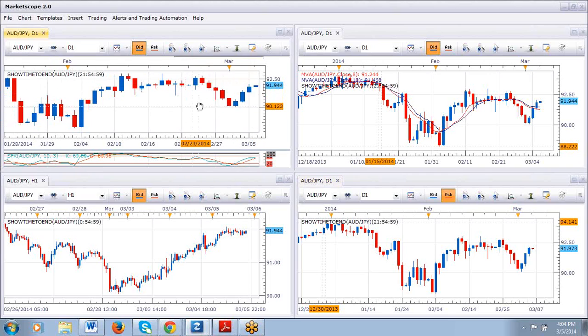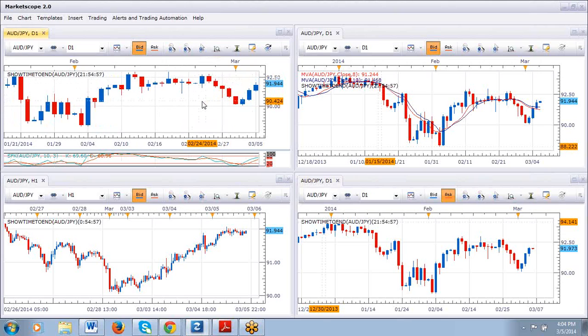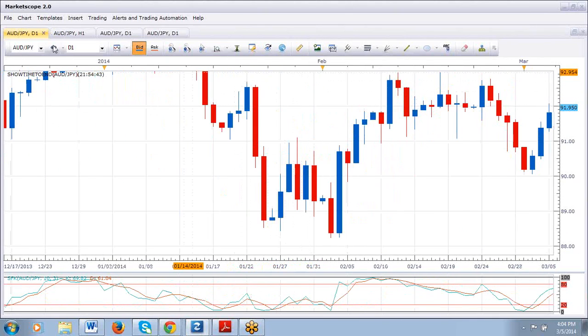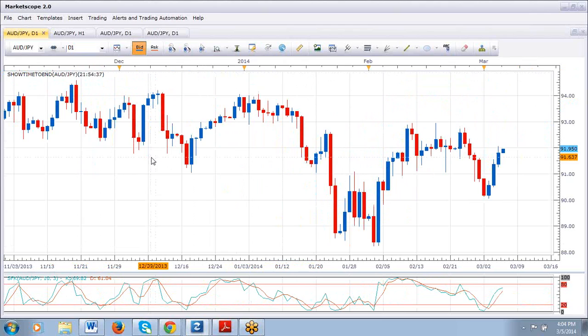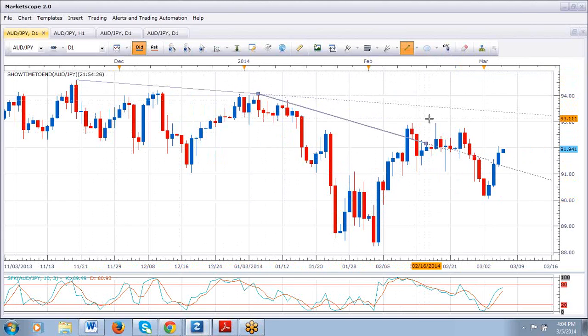All right, looking at the daily chart, I was looking at the previous bar. The bulls are currently in control, and if I'm going to maximize this, actually, no, I don't like to have those. Daily based on the 3 months, and it's basically in a downtrend right at this point in time. And how do we know? We can see through there. Primary. Here we are. Secondary right there. And nothing dictating it as yet.